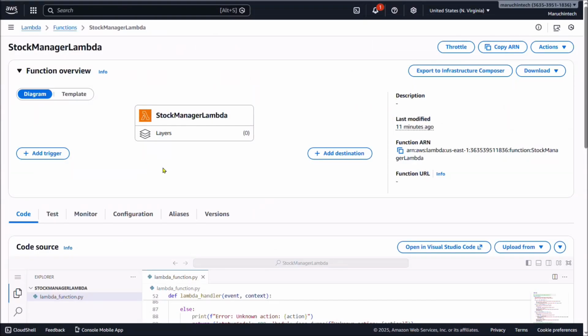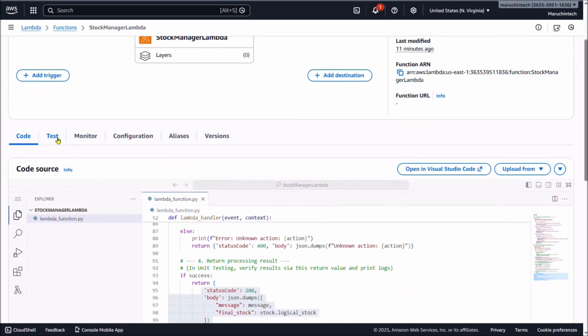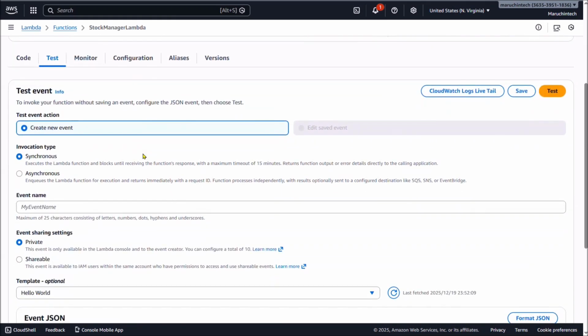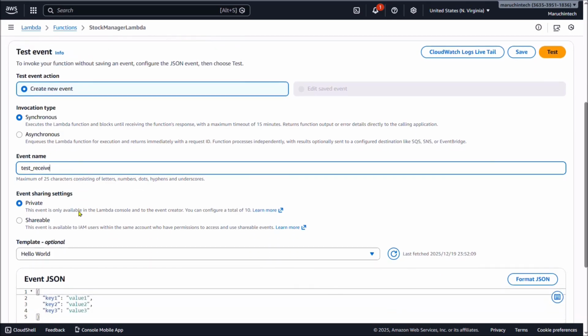So now let's go back to the Lambda's page and again actually execute the unit test from here. Clicking on the test tab, from here we can define the test event and execute the test. First, we will execute a test where we receive 50 items into the current inventory of 100. I will name the event test receive, which means inbound. Leave the invocation type as synchronous and event sharing setting as private, because we are not sharing this